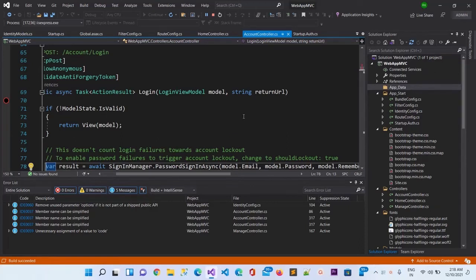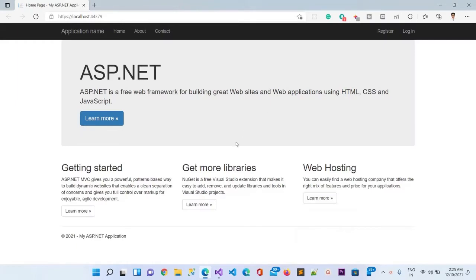You can see this is the IIS Express, which is used for running the application in the development environment. Now the default browser is opening. My default browser is Microsoft Edge. If your default browser is Chrome, Firefox, or something else, then that will be opened automatically. You can see once again our website is running.